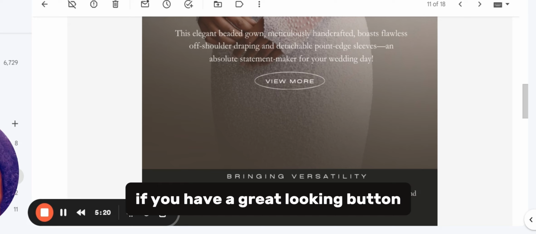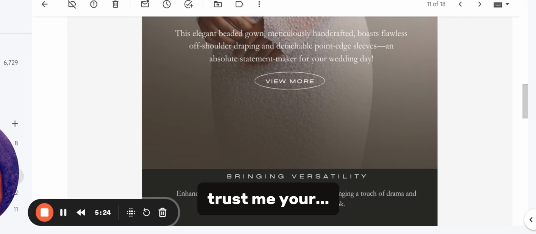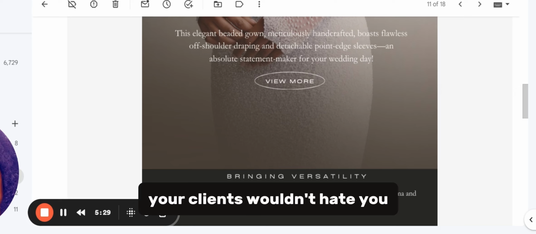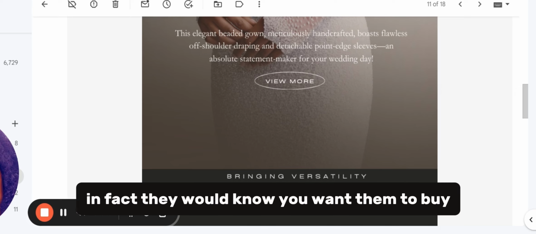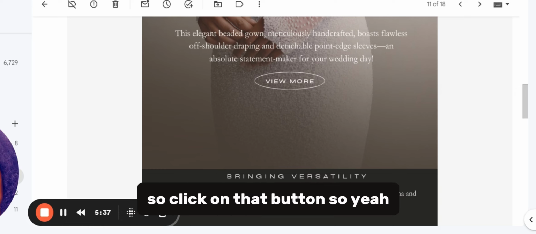All right. If you have a great looking button, if you have a very noticeable button, trust me, your customers would not hate you. Your clients wouldn't hate you. In fact, they would know you want them to buy. They would know this is an action you want them to take. So click on that button. So yeah,